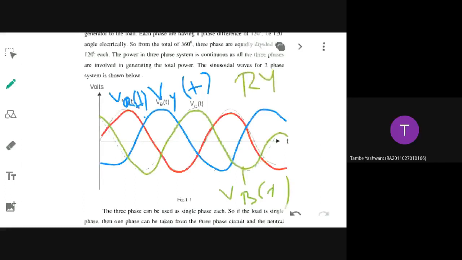What are the three phases? RYB, red, yellow. Have you heard what you mean by that RYB sequence? Whenever you are having a three-phase system, like I am telling, phase changeover switch is there. First phase will be generally R phase, second phase will be Y phase, third phase will be B phase they generally call. This is the common notation that is being used for denoting phase sequence.